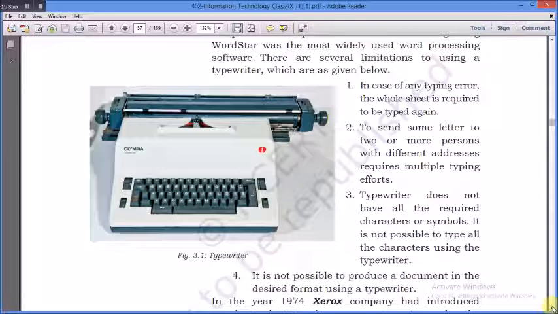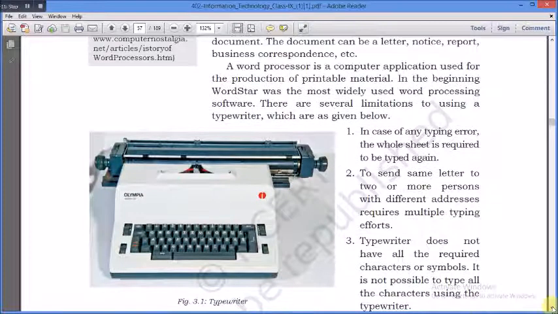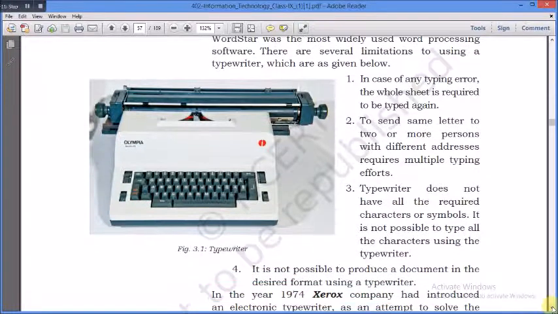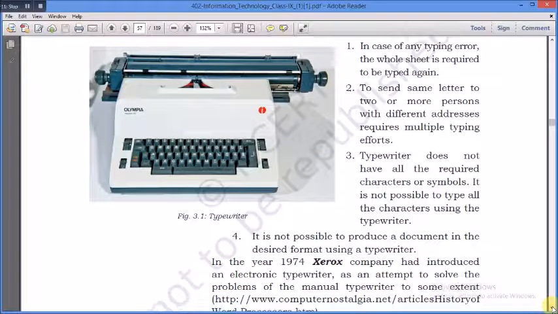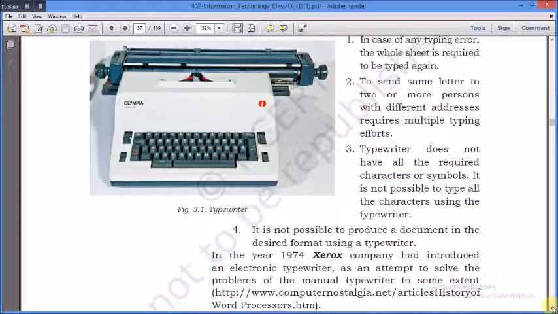But if we are using word processing software, we can produce our document in a desired format. Now you can see out here, the text is on the right side and this image of a typewriter is on the left side. So we can create our document in a desired format using word processing software.